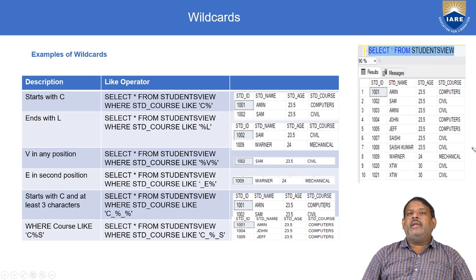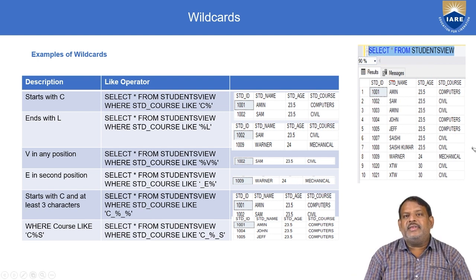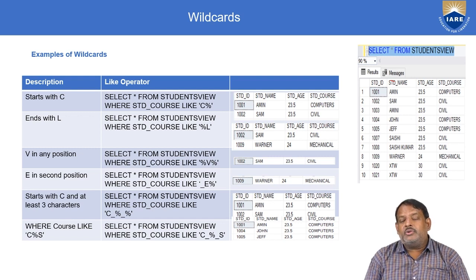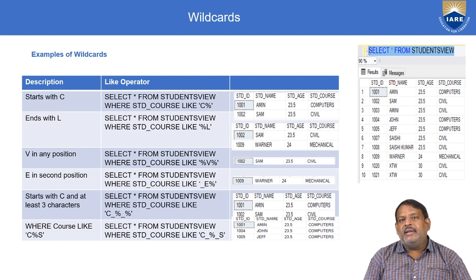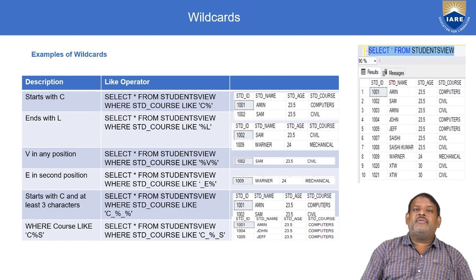I want to know the names which start with C. That means all the students who are in the courses which start with C, like computer science and civil. I will not get data like mechanical or electrical because they are not starting with C. Similarly, if I have something called